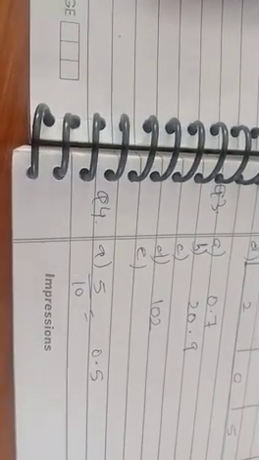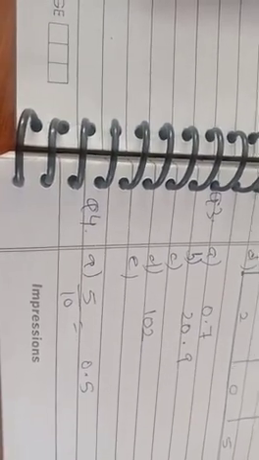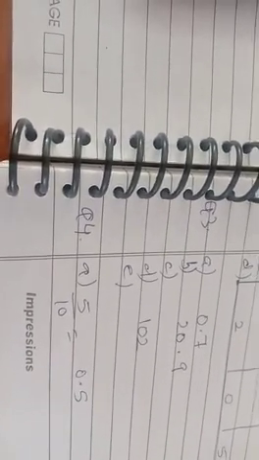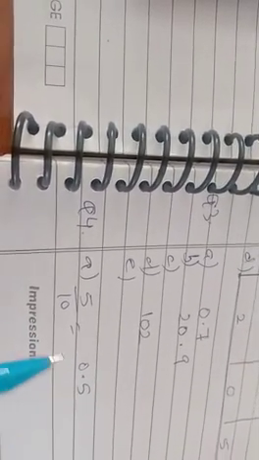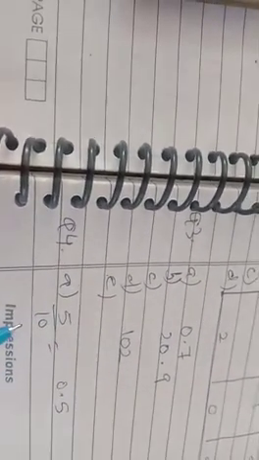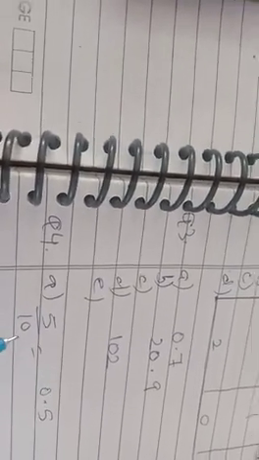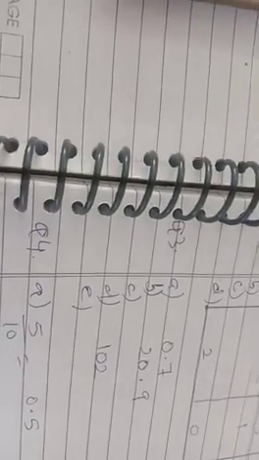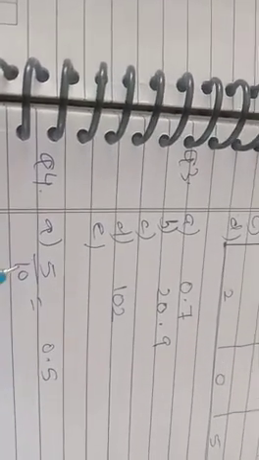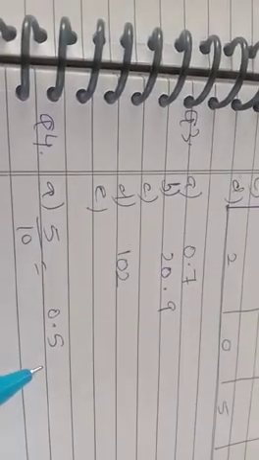Next, coming to question number 4, the question is to write each of the following as decimals, because you have to write the number in decimals. Number is 5/10. If we have 10, 100, 1000 in the denominator, what we do? We shift the decimal to the left according to the number of zeros. So 5/10 can be written as 0.5.